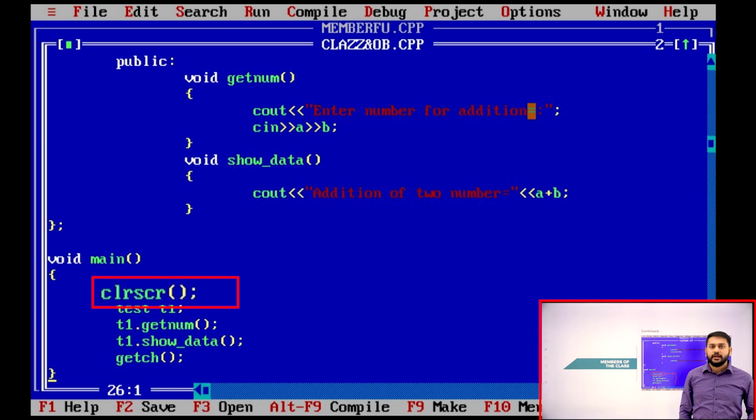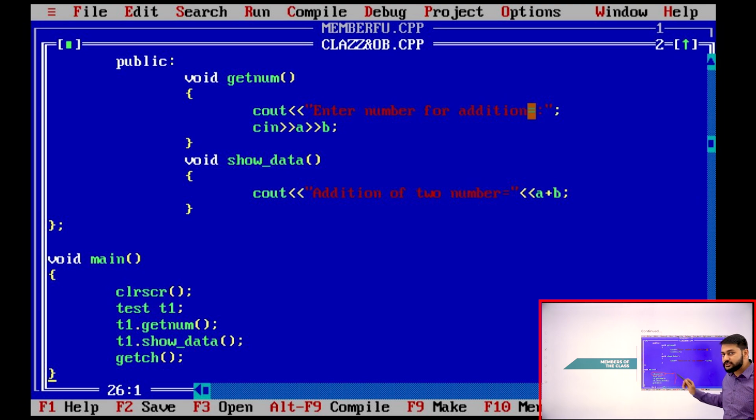It is very simple. Imagine I have a class in the second hour. In the first hour, the lecturer would have written a lot of things on the board. Before I enter this class, the people will clean the board for me. That is what I call a clear screen. It helps me clear the output of the previous program. That is the function I'm calling here.